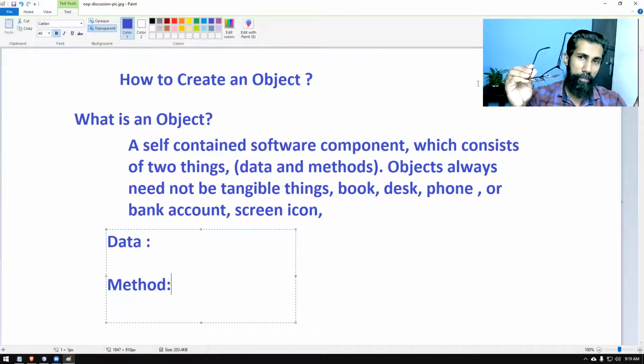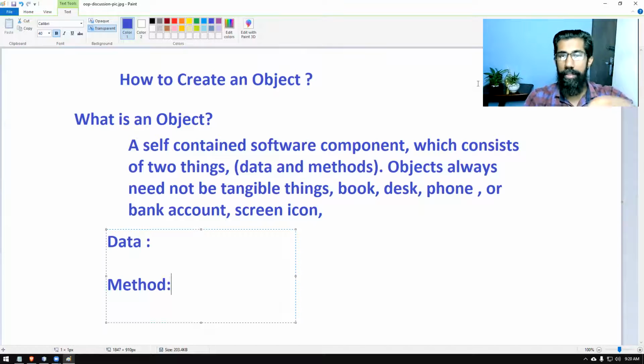Then what you can do with this: you can wear the glasses, and using them you can clearly read something. You can remove the glasses, wear them, remove them. You can fold them, unfold them. Important things about the object. Fold it, unfold it, wear it, remove it. Then you can keep it in the box. And one more thing you can do, as usually you'd have seen, you can clean them. Enough playing with my glasses.